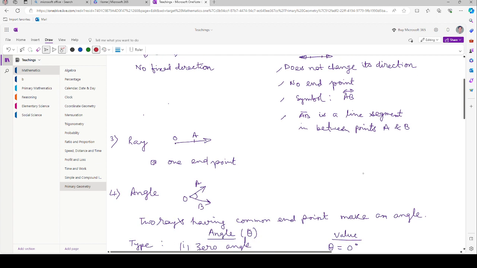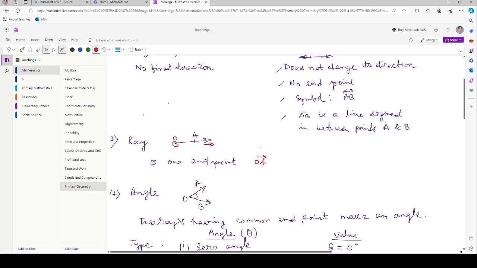Next, ray. What is ray? Ray is a portion of a line that extends infinitely in one direction from a fixed point. That is, a ray has one endpoint. As you see here, the O is the endpoint and another side is endless. This is ray, and this may be symbolized as OA,